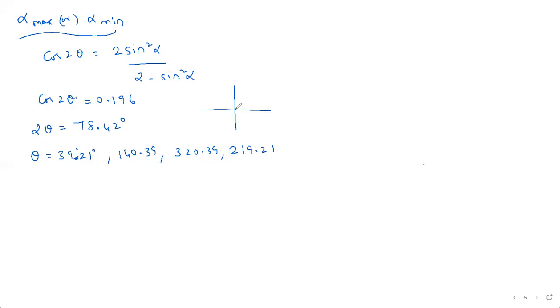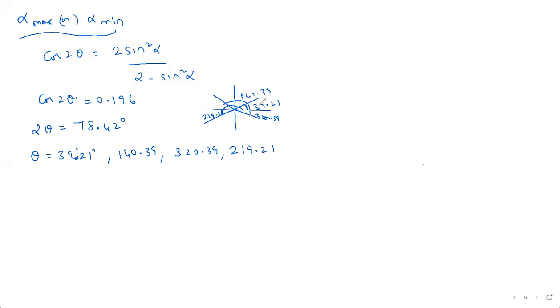So this is the first quadrant value, 39.21, and then you are going to get this angle on the opposite side also. The value there is 219.21, and then you are going to get 320 here. It means for the same values you are going to get some positive, some negative. And here total 320. This is the total angle. Okay, what is this total angle?